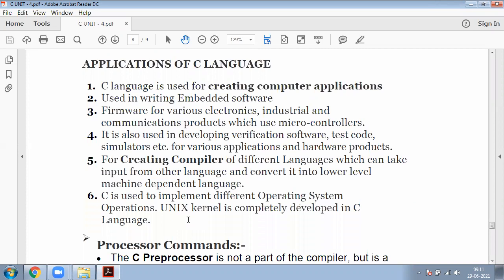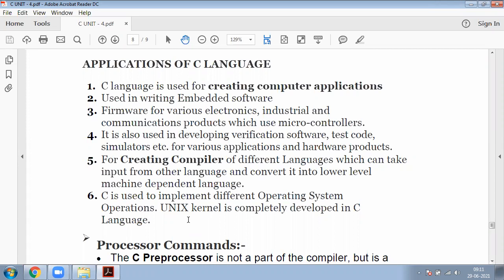Now, what are the different applications of C programming language? Here some applications are listed, and coming to our first one, C language is a basic language. In the first class, I already told you the meaning of this. C language is a basic language for all the languages like C++, Java, or any other language.